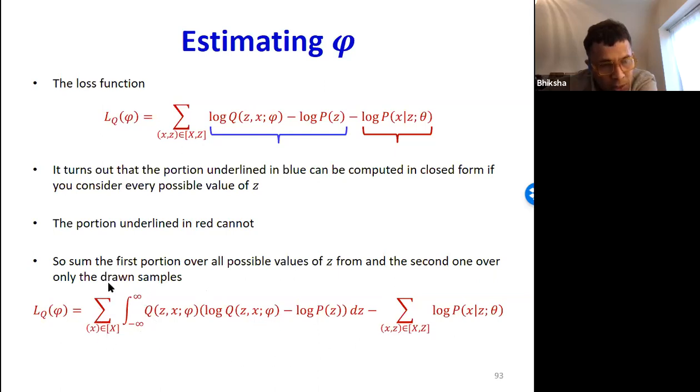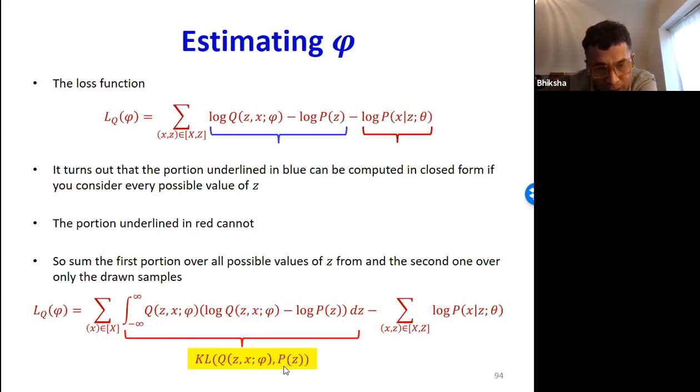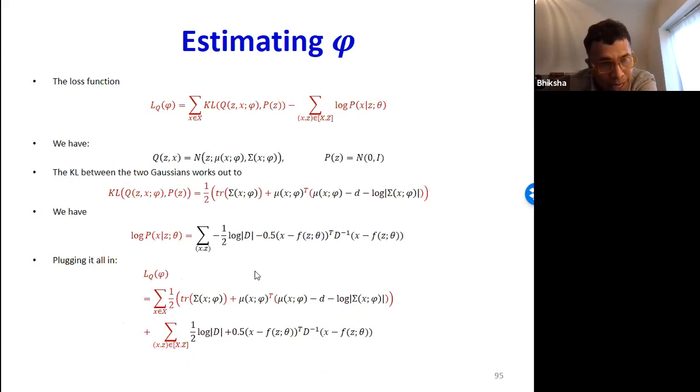The summation is over only the observed data x. This ends up being an integral over z. For this one, it ends up being a sum over both x and z. And the reason I'm writing this out is, this integral just ends up being a Kullback-Leibler divergence between the Gaussian q and p of z, which is the standard Gaussian, for which we can actually write out formulae.